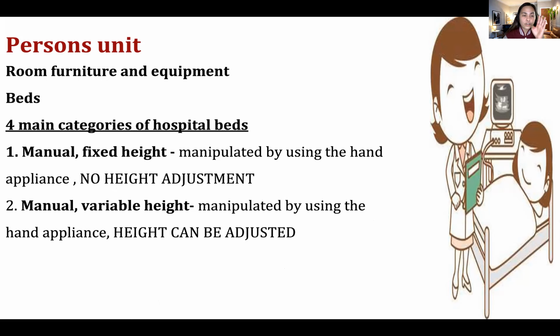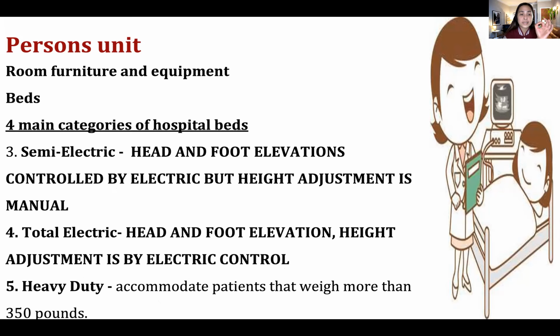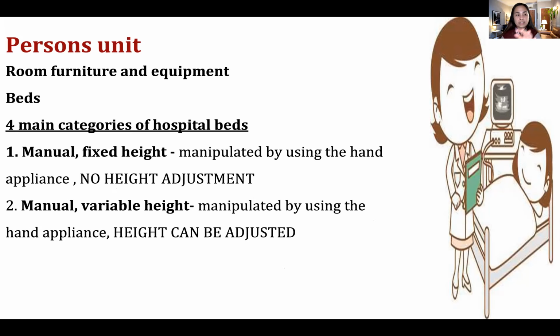There are four categories of hospital beds. We have the manual fixed bed. We have the manual variable height bed, semi-electric, and total electric. Okay, so what are the differences among all of these? Manual fixed height,